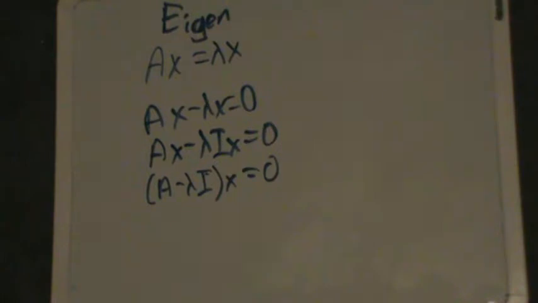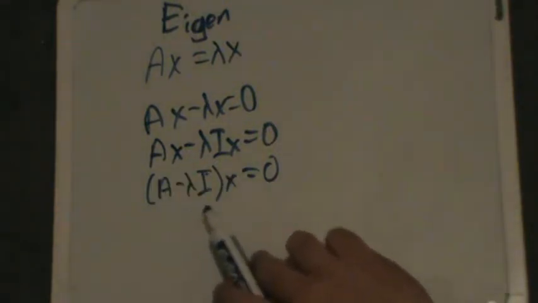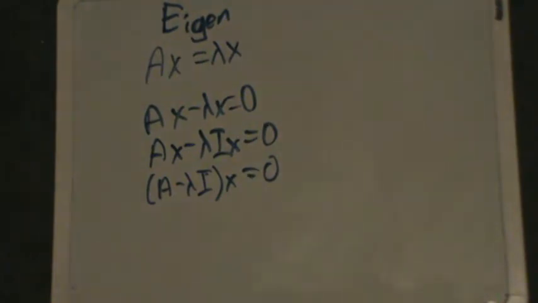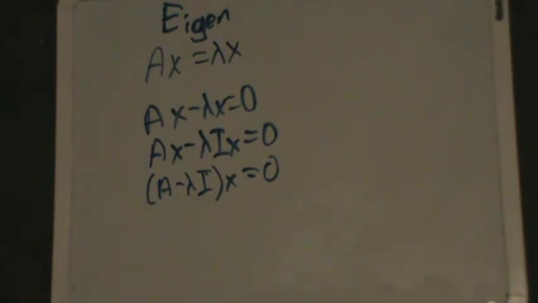So we now have this x, which is not 0, multiplying something else and giving us 0. So this has to have something that's repeated. This cannot be a full rank matrix, otherwise this would not be possible. So we've found, in some sense, a characteristic value and a direction that tells us something about the matrix structure.